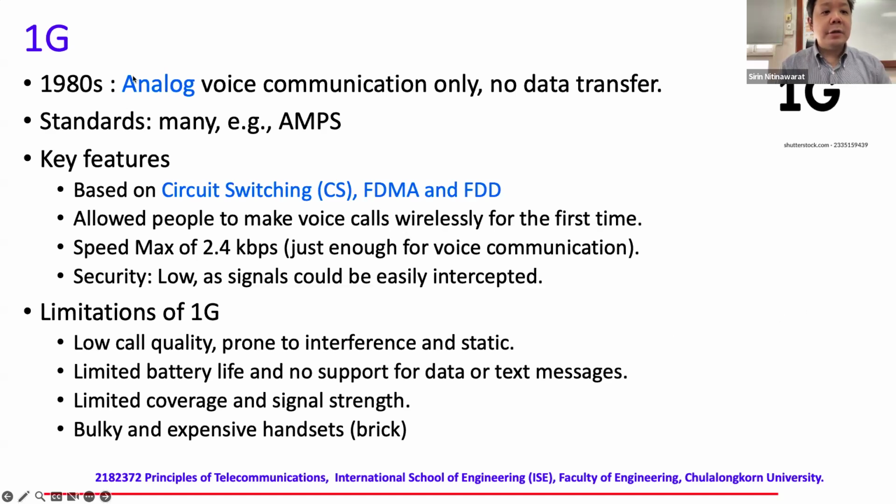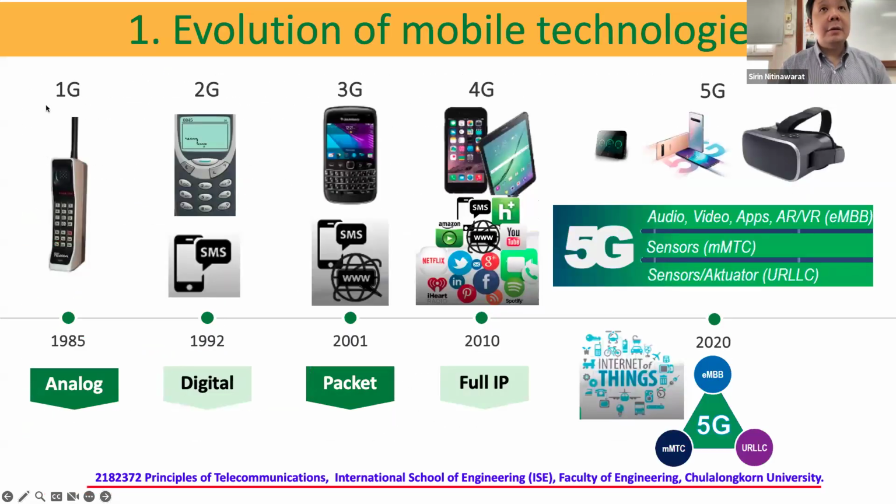Okay, so here first G is only voice communication, no data, right? And all signaling are done using analog signal. And of course, the traffic will go through the circuit switch network, right? The major contribution for this one is to allow users to call wirelessly, right? That's the only major contribution, okay? But you can see the device itself is quite cumbersome.